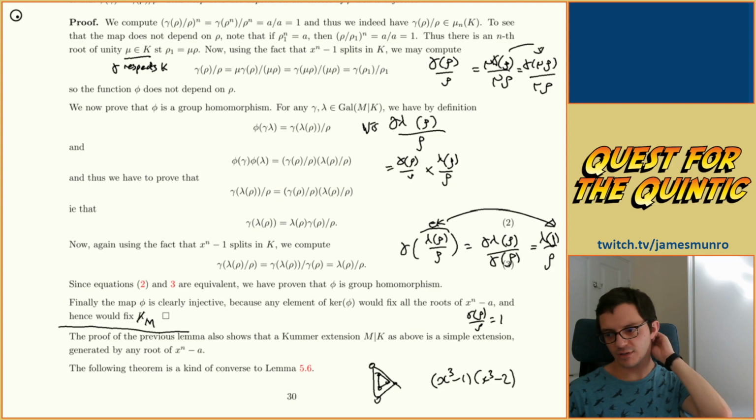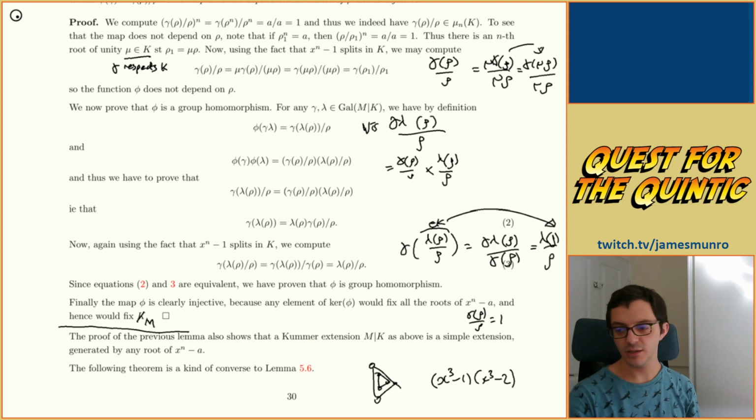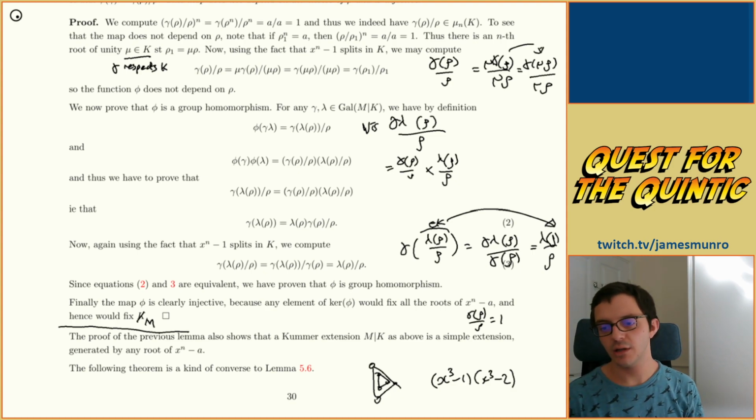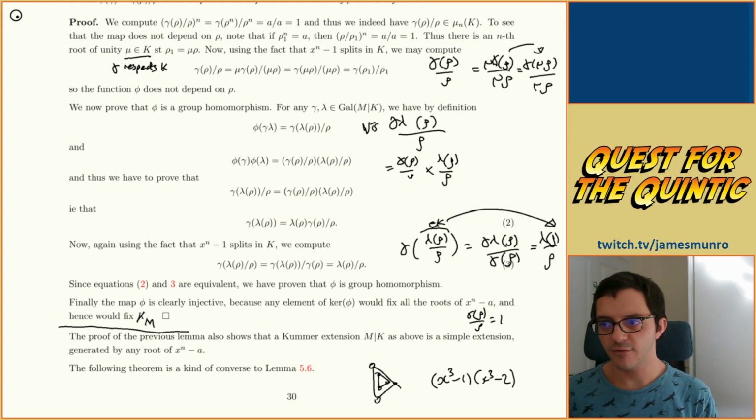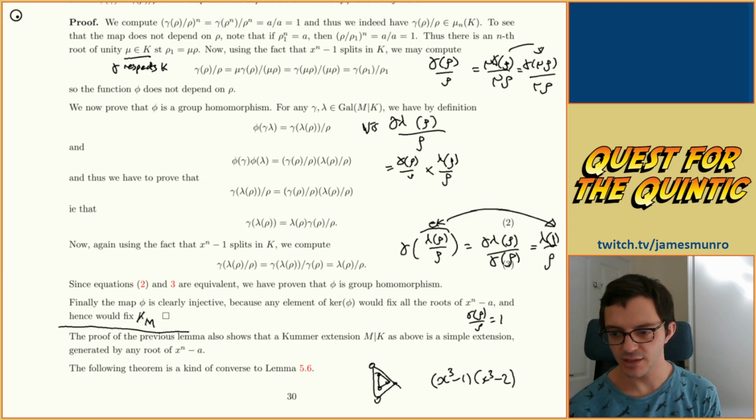Clearly injective, can't send everything. So there's not that many group homomorphisms for a cyclic group anyway, if those are the ones I'm interested in. For a cyclic group of prime order, you can send everything to 1 or not. Any element of the kernel of phi would send everything to the identity, would fix all the roots of x to the n